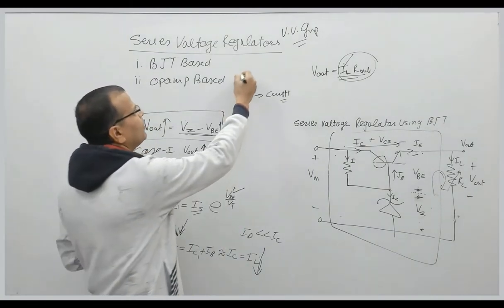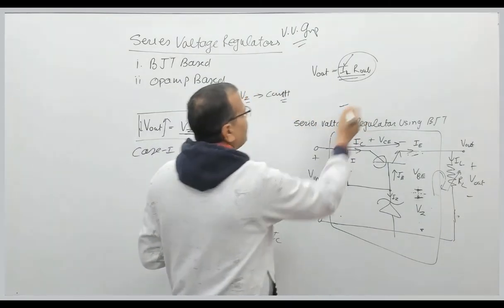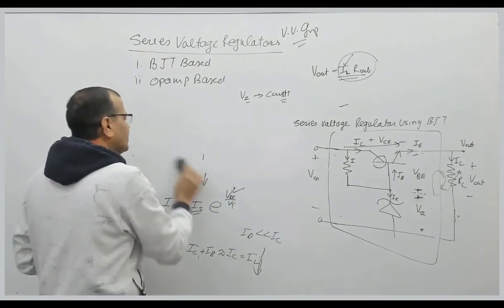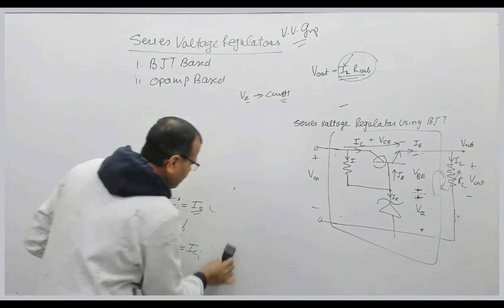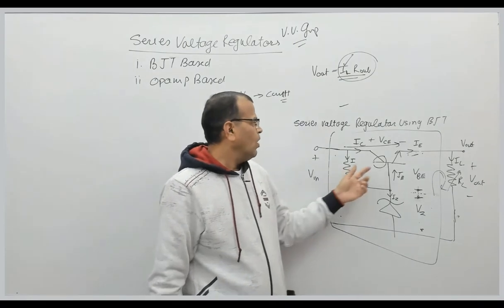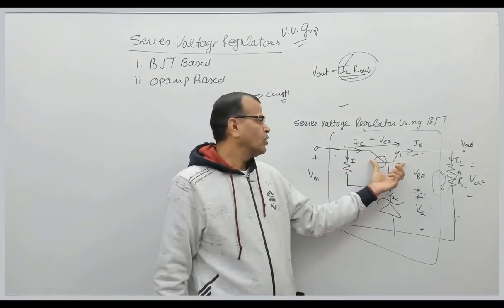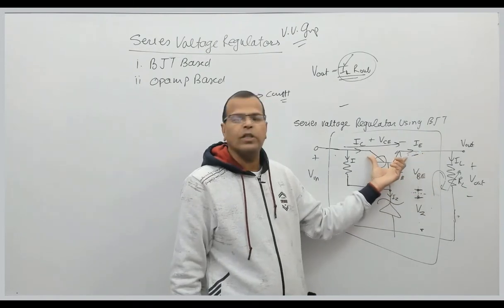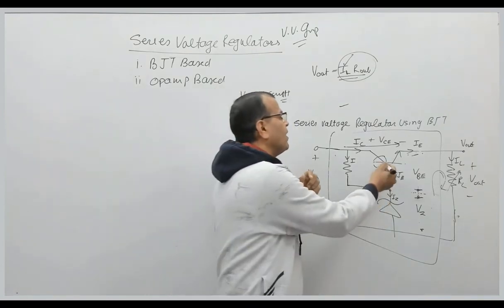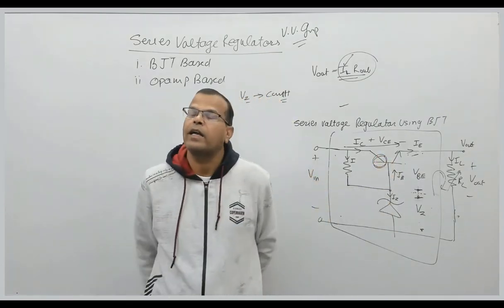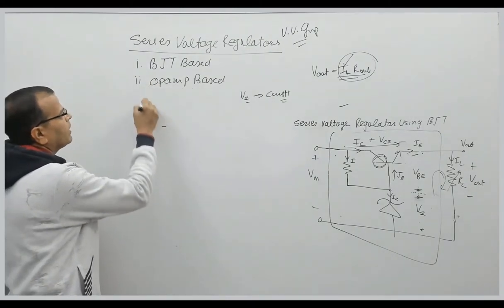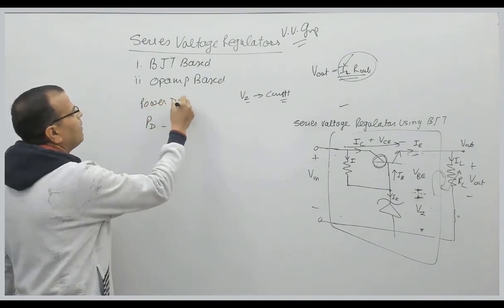So this circuit is very important. You have a lot of questions in the GATE exam, maybe in instrumentation engineering or electronics engineering, right? Now the next part of the circuit is power dissipation. Please see it carefully. We have a resistance connected in series, so the load current is passing through this, and your BJT is operating like a linear amplifier. In a linear amplifier, we have a lot of power dissipation occurring at the collector junction, because the collector junction is reverse biased. So we will be talking about power dissipation.